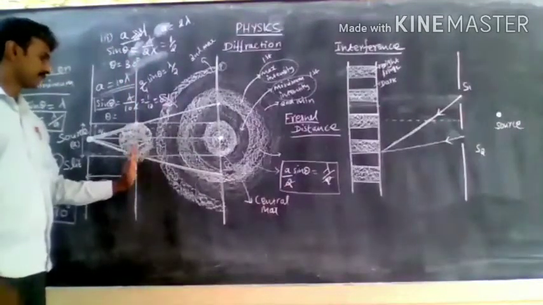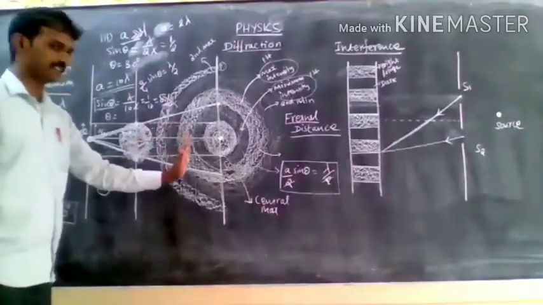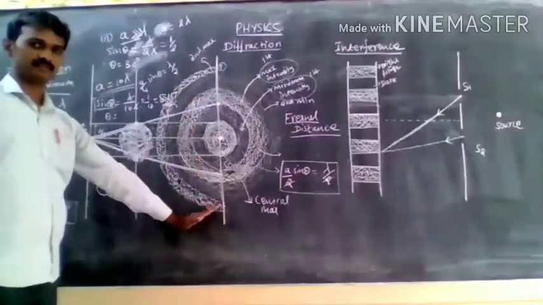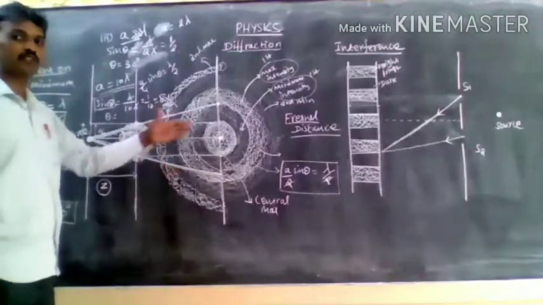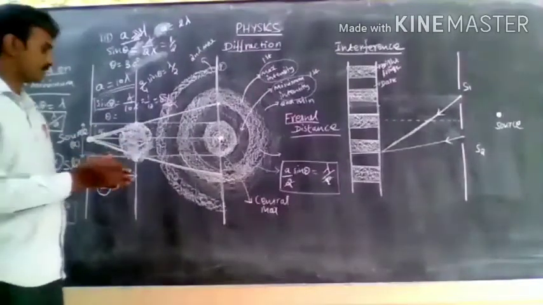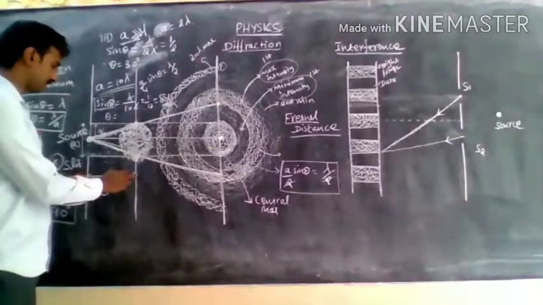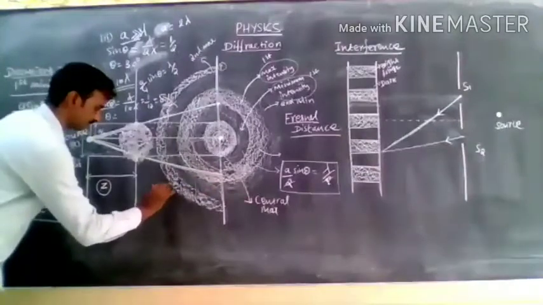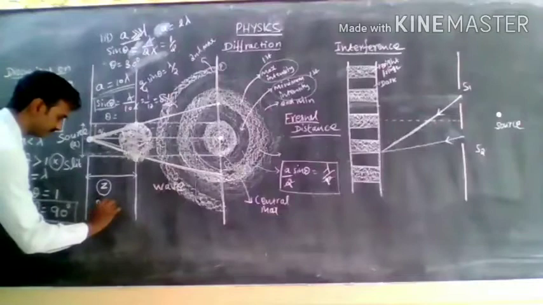It indicates the light obeys ray optics. Beyond this point, we obtain the diffraction pattern. It indicates the light rays bend. It produces wave optics, or it moves as waves. So below this distance the light obeys ray optics, and beyond this distance the light obeys wave optics. So this is wave optics, and this is ray optics.